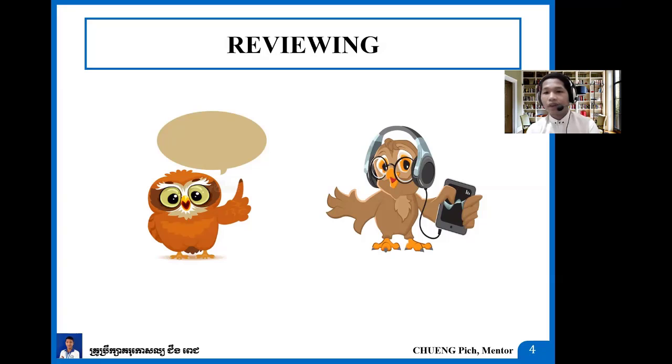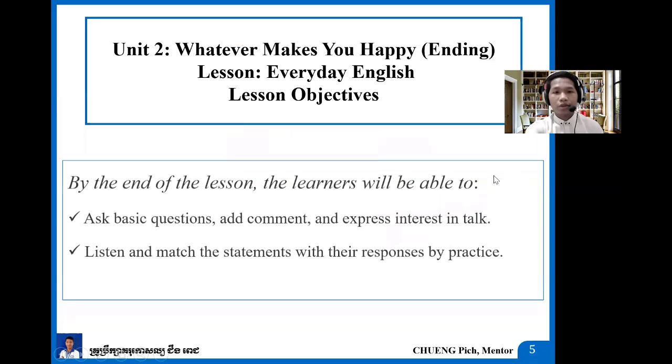The final purpose or goal of learning English is to communicate with other people. I mean to speak. If you can't speak, how could you learn it? How could you communicate or interact with other people in English? Also, you can be a good communicator if you are a good listener as well. If you can't listen well, how could you reply? How could you respond to your partners? That is why speaking and listening are very important. Right? Okay, good.